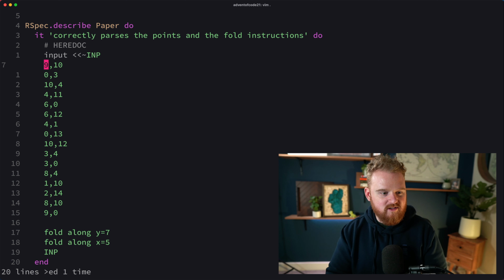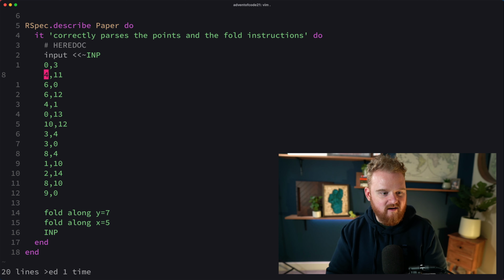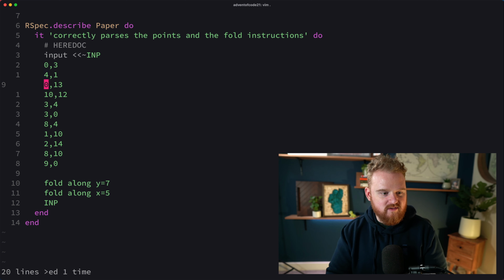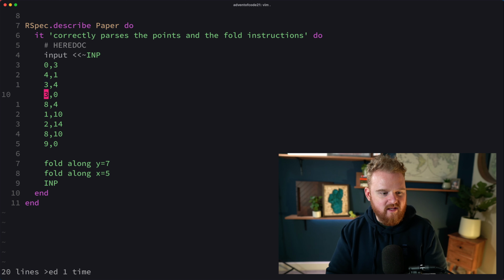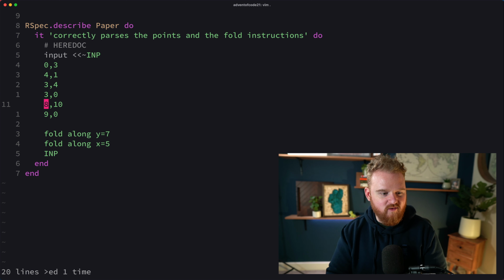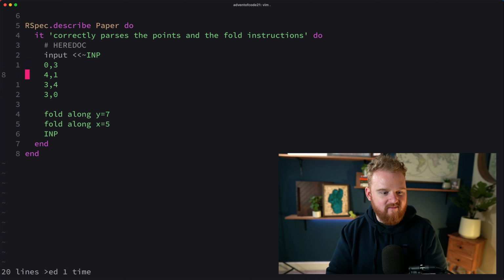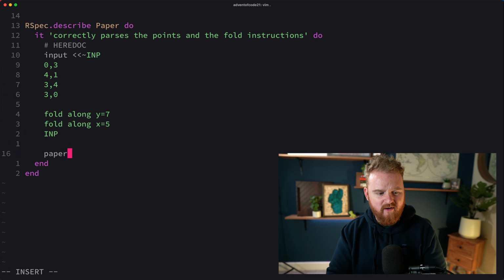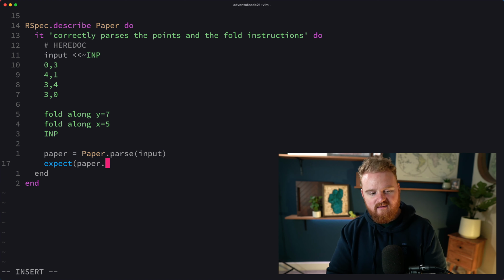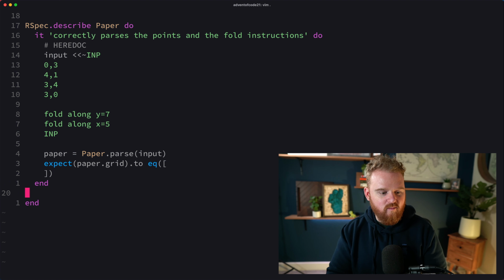And so what I'm going to do is grab some of the points that are pretty close to 0 so that we can have our test grid be pretty small. So this should give us some decent number of results. So now we'll say paper is equal to Paper.parse input, and then we'll pass that in. And then we're going to expect that paper.grid to equal something like this,